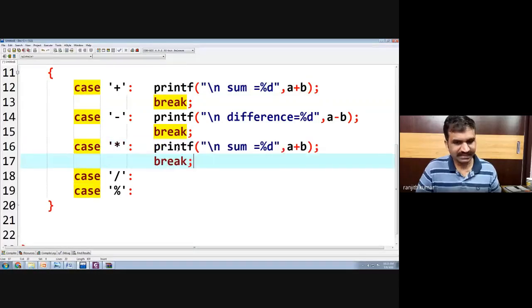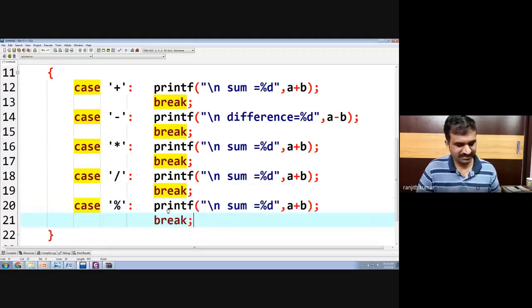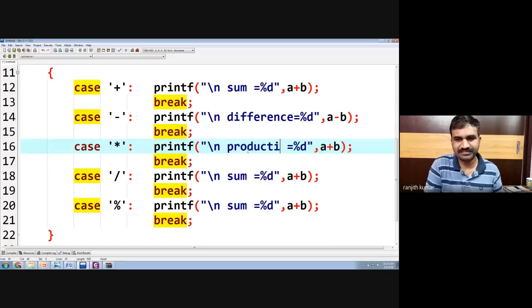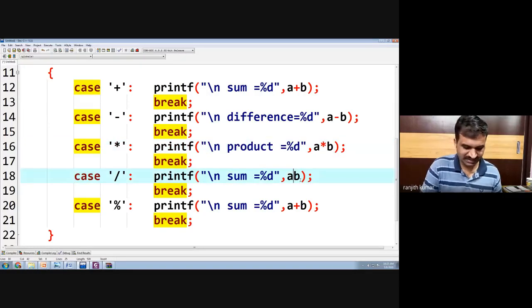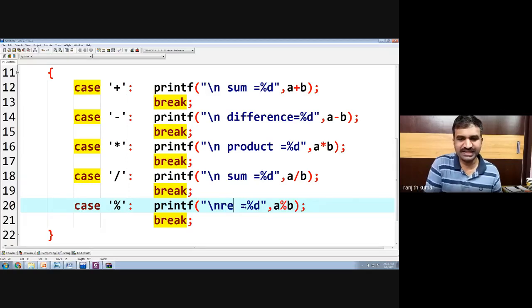Then you have to calculate the product as well. Let us calculate the remaining operations also. So first difference, then product, a star b, then a slash b, then a mod b. We already know a mod b is used to calculate the remainder.